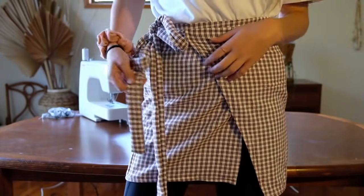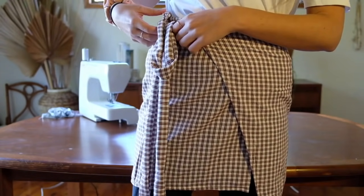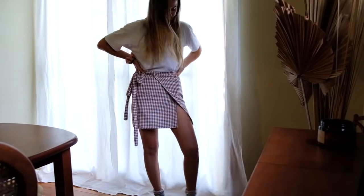A cute little skirt. I'll show you it styled properly without tights, and how